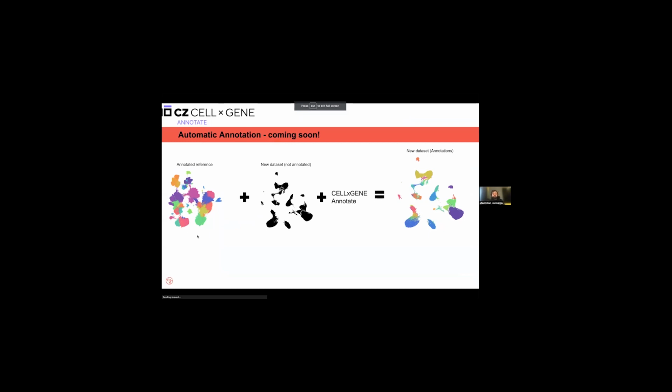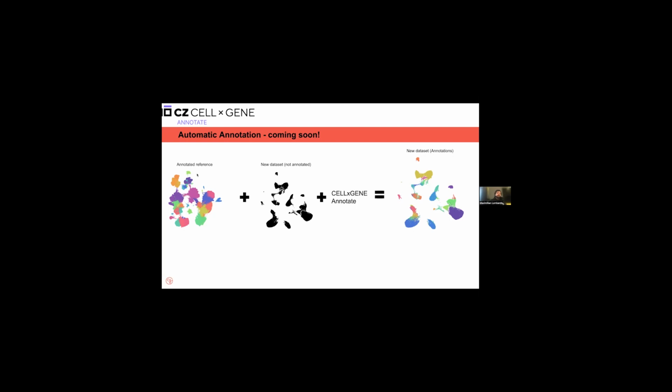You guys may have heard of these new reference atlases that are coming online. So if you've heard of Tabula Sapiens or the Human Lung Cell Atlas, which Pablo just demoed, these are high quality atlases, which are composed of data sets generated typically across many labs, across many technologies, and across many samples. And the groups that generate these atlases spend a lot of time curating the cell types and essentially annotating these atlases, and then also listing out the markers that define these cell types